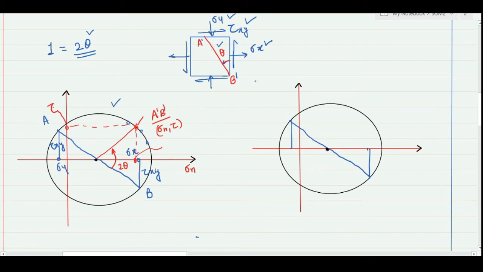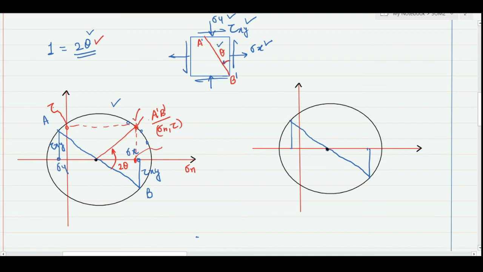That means if you want to find stresses on any oblique plane, we have to represent that plane on the Mohr circle with angle 2 theta, and here we have considered the counterclockwise position of this oblique plane. So here also we are going to make a counterclockwise rotation with 2 theta, and then we will make this line which will cut my Mohr circle at this point, and this A dash B dash plane actually corresponds